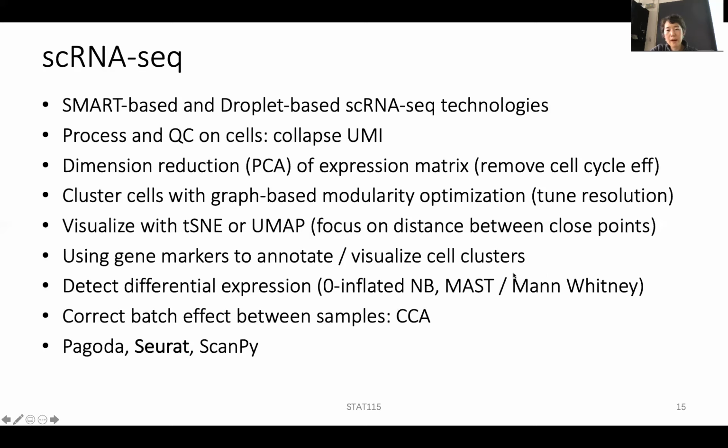If we use non-parametric tests, we're not assuming any distribution for the data, then we can use the Mann-Whitney U test. And then we can use canonical correlation analysis to correct the batches between samples by assuming that overall, most of the cells should overlap with each other between the 2 samples. And then there are many tools that are being developed, and we will use Seurat for homework 3, but I think next year we'll see a lot more new tools and potentially better functions. Okay, so that's kind of an overview of all the material that we covered in the first